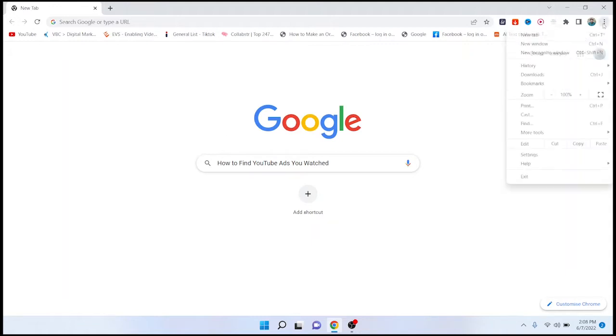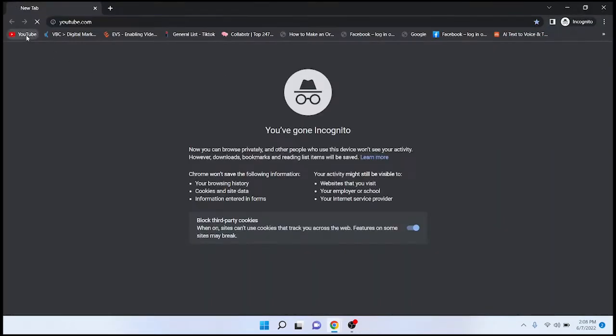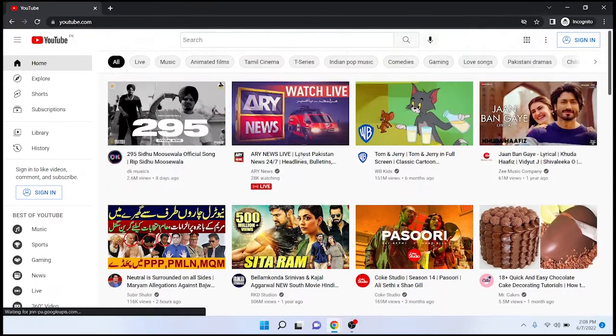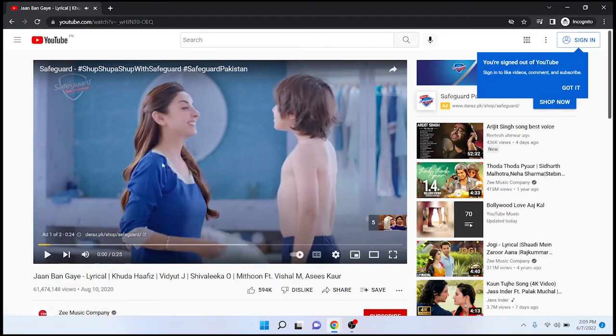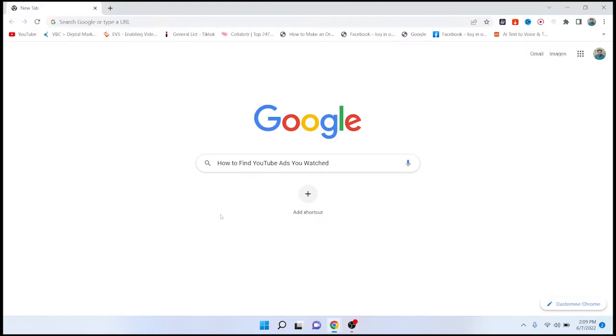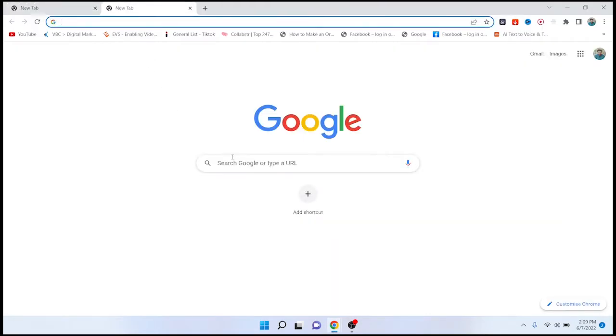The first step you need to do is to open YouTube. Once you open YouTube, you simply need to play any video. So I am going to play a random video to show you. So you can see that this is the ad that is running. You simply need to click on the right mouse cursor and click on copy debug info, and then you need to go back and search in Google